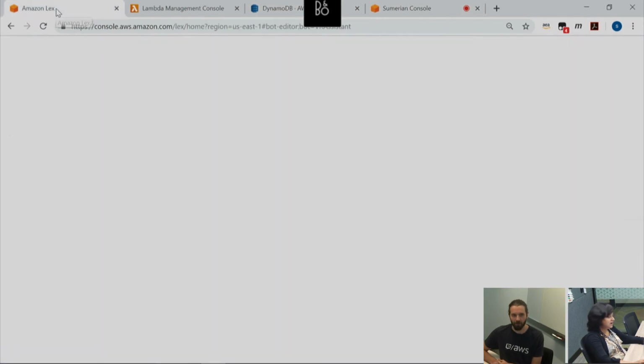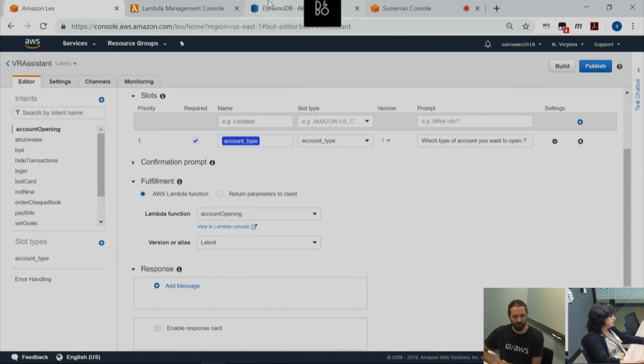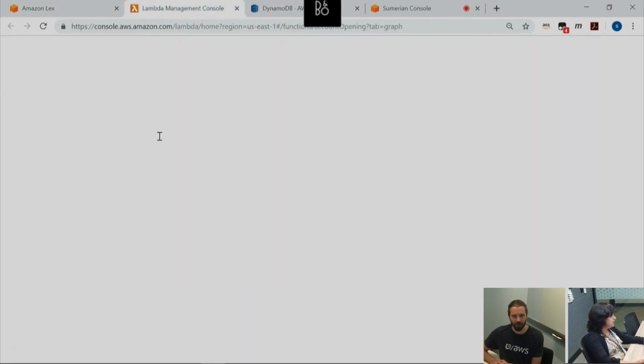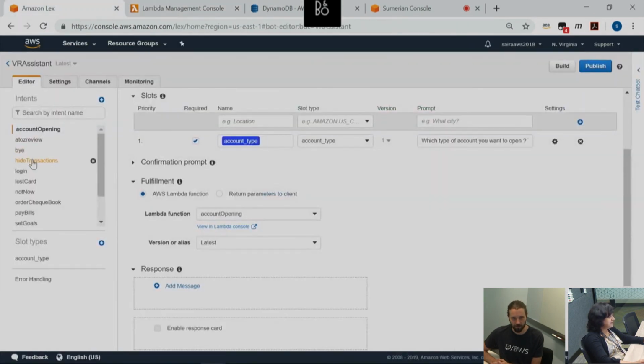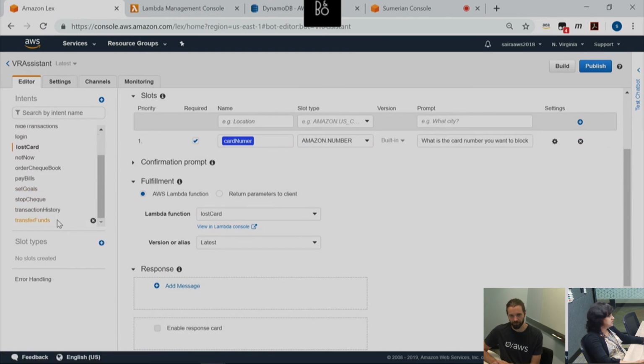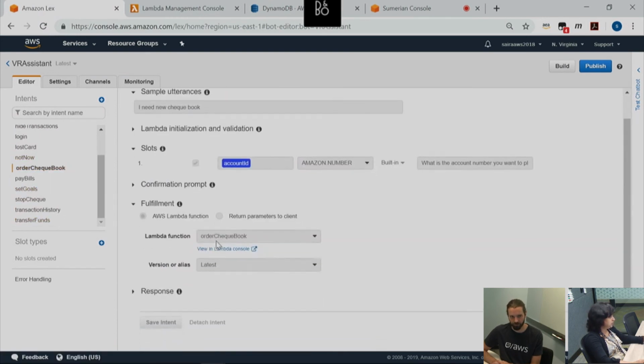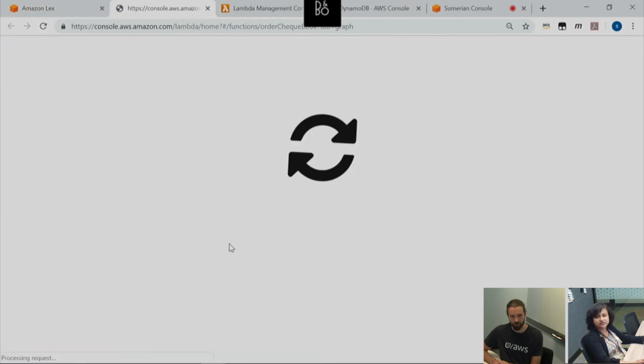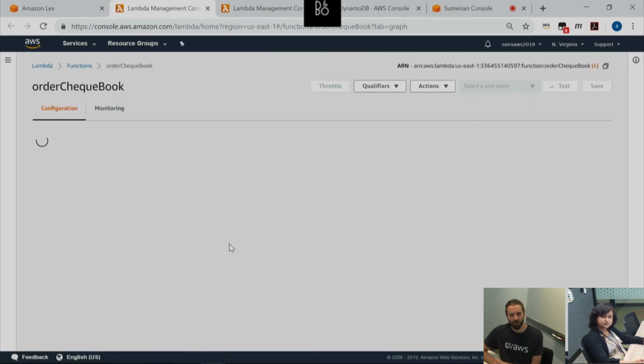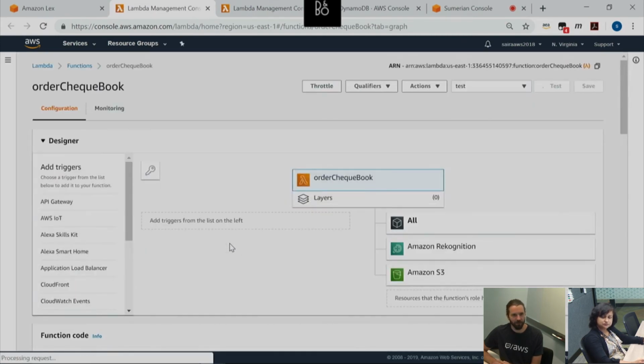Okay. And did we look at Lambda? Is that something we still need to look at? There are a lot of Lambda functions. For each intent, there is a Lambda function. For example, lost card has a Lambda function. Whatever available options you see, for each option, for example auto checkbook, there is a Lambda function. So the intents being, if we could maybe go back to Lex if you don't mind.